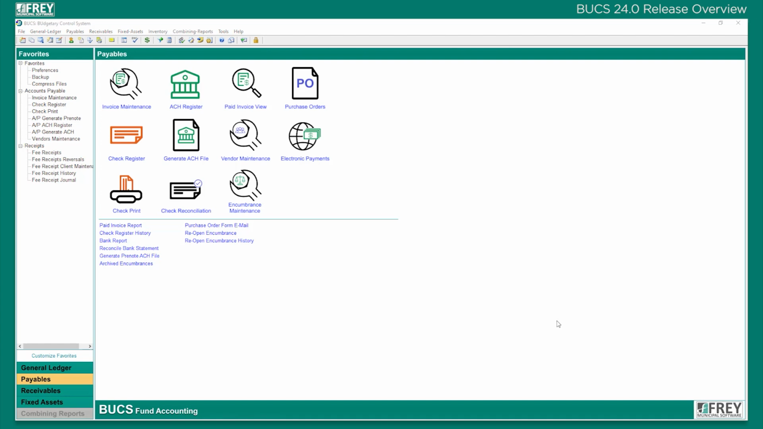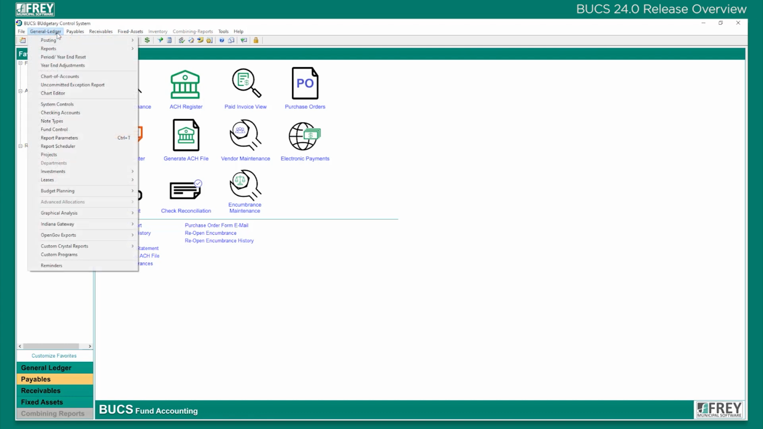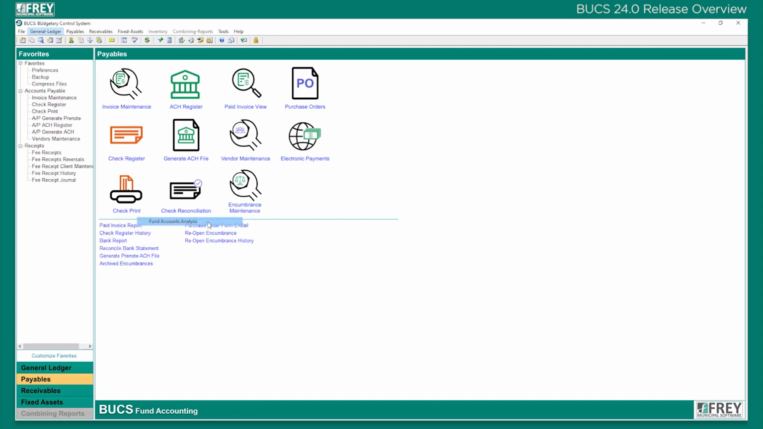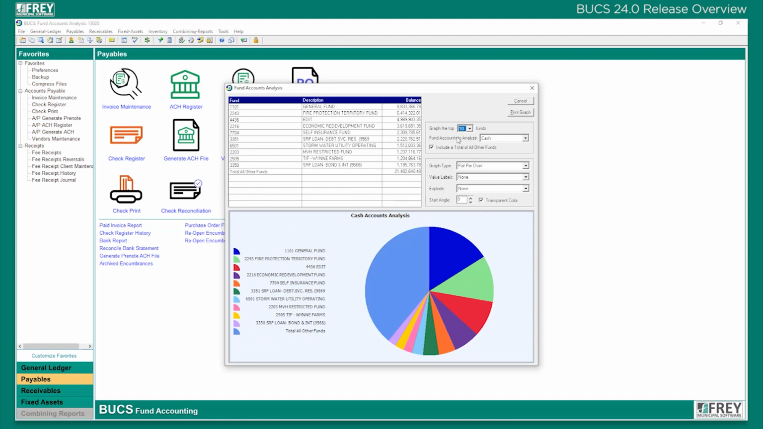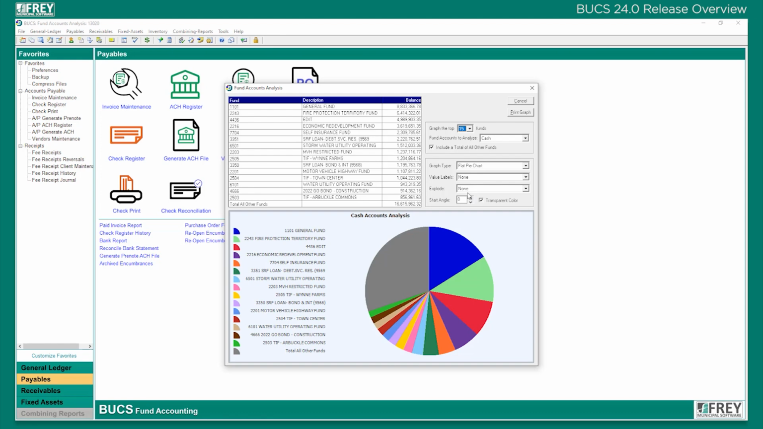The next thing that changed is in fund account analysis, which is in general ledger, graphical analysis, fund accounts analysis. Right now, it's showing graph the top 10 funds has been increased to the top 15 funds. So you can see that on your cash,